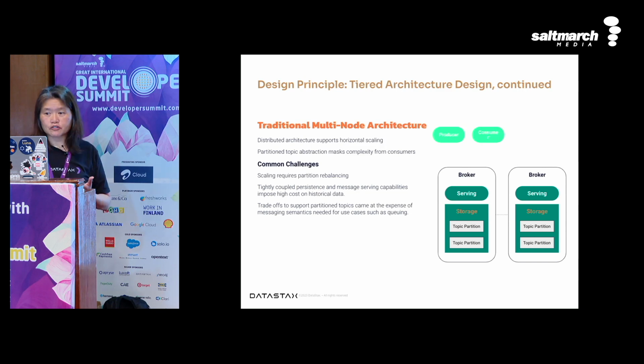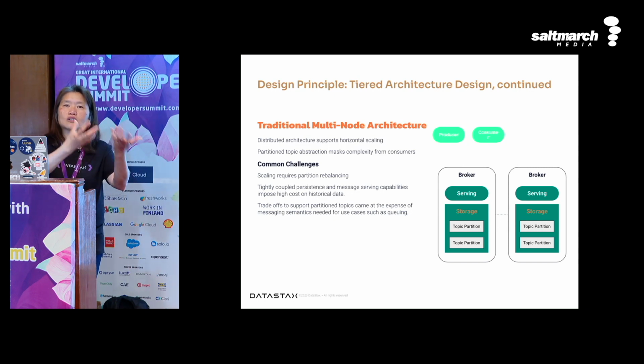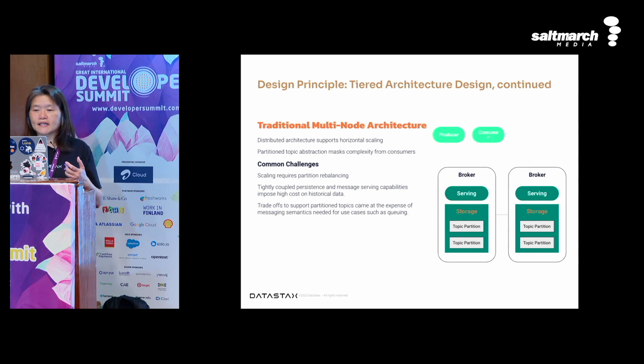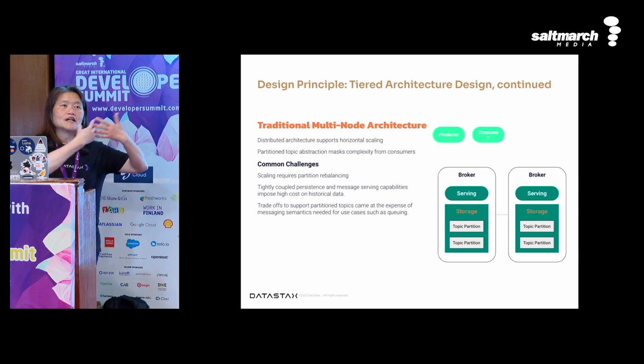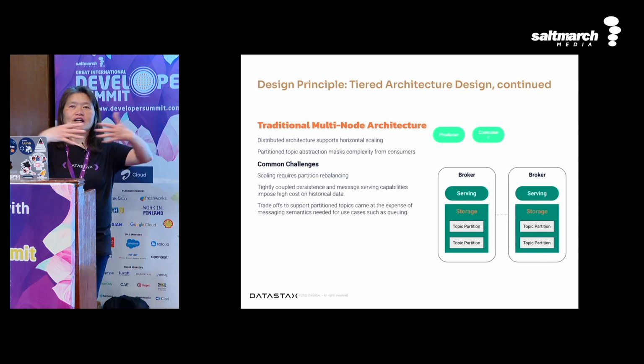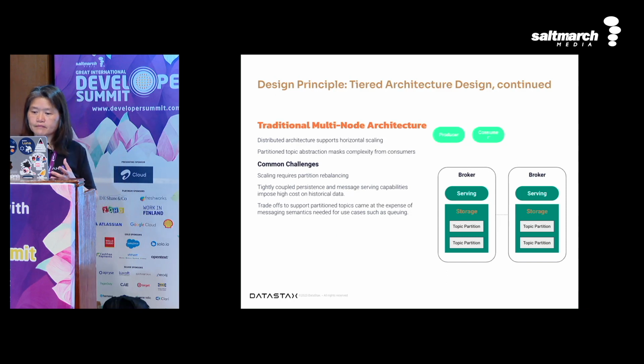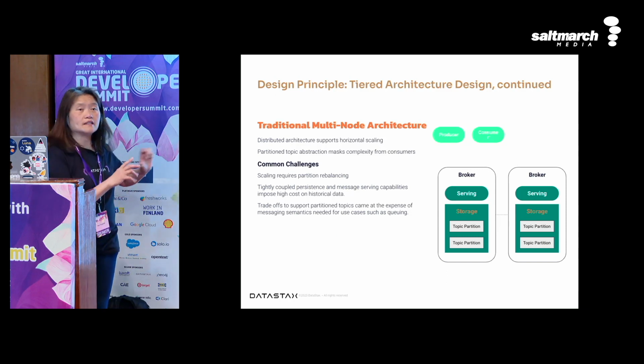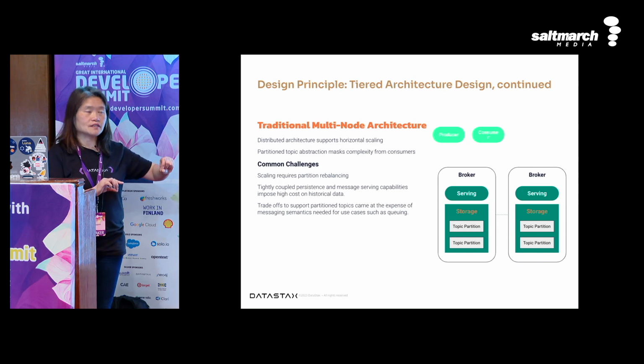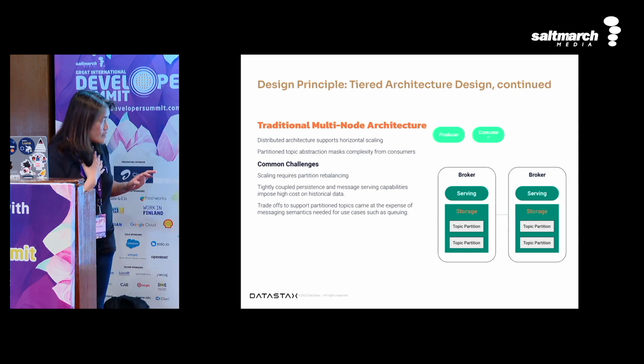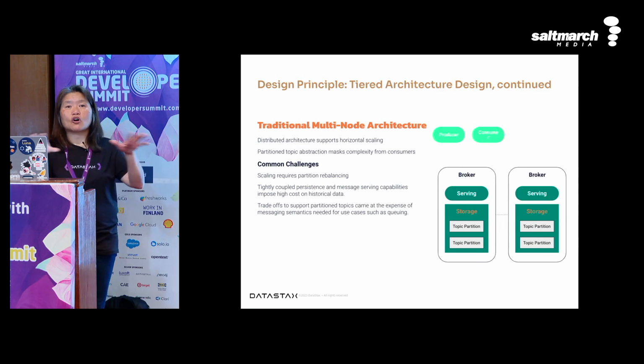Pulsar takes up a tiered architecture type of design. It's a traditional multi-node architecture, and it supports horizontal scaling. That's the case in which you need to add more servers or nodes to your ecosystem. Pulsar is already built to know that if you add another node or server to your cloud infrastructure, then some of your topics, which you may define to live in different partitions, will be handled. Pulsar knows it and will rebalance all of your topics for you.